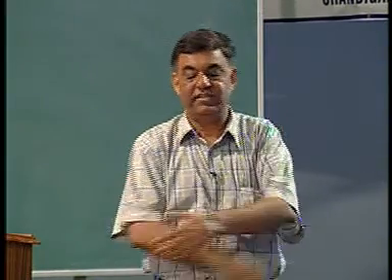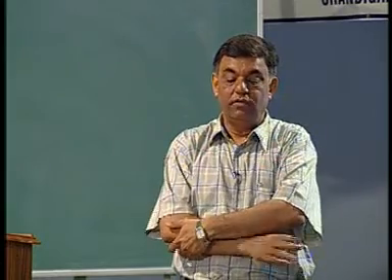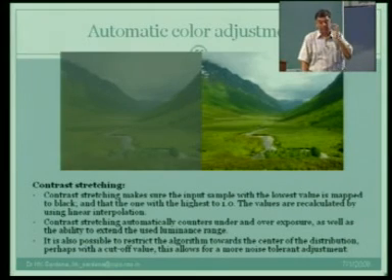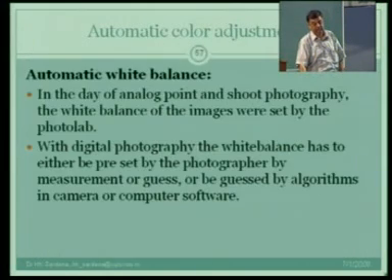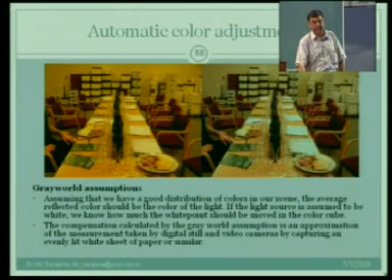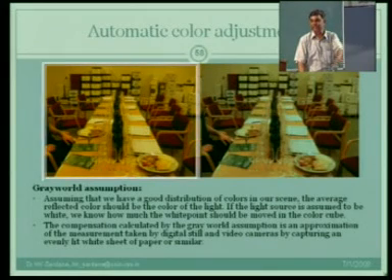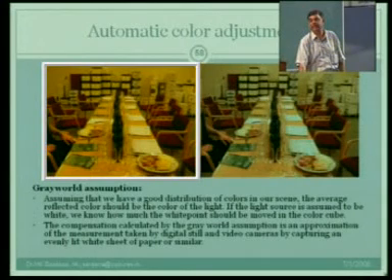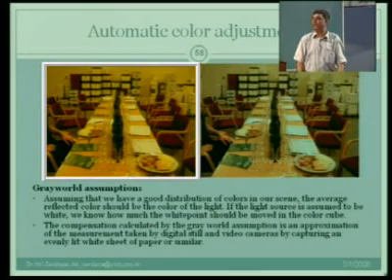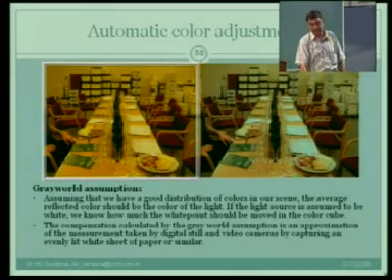So, in this case, say the left hand side has very low contrast. Now, with the low contrast, all colors are gone. When the contrast is enhanced, the colors are all visible. There is also something like white balance, as you can see. I am just giving you a feeling of it, I can skip the details because they are available in many commercial tools. See, a particular shade is visible on the left hand side. This is not a white balance situation, because the balancing has not been done. A white will not look white in this case. If you take white, you will find it looks yellow, so it will have a yellowing effect all over.